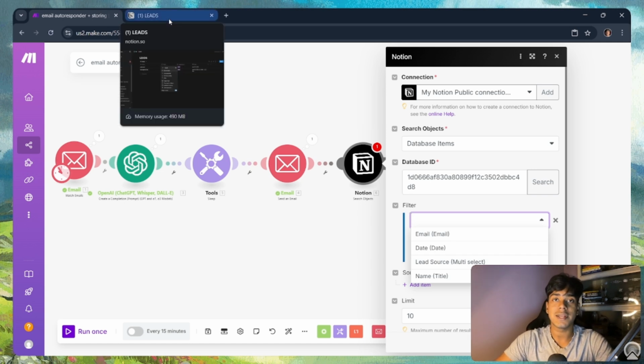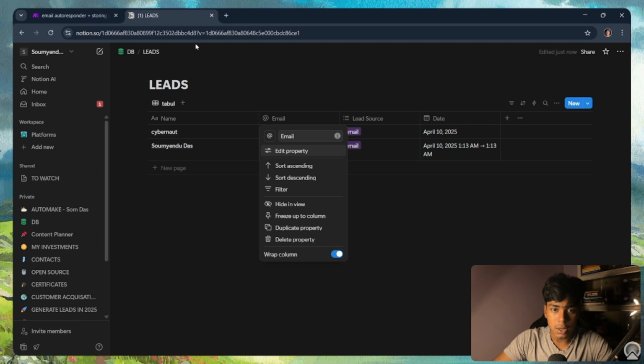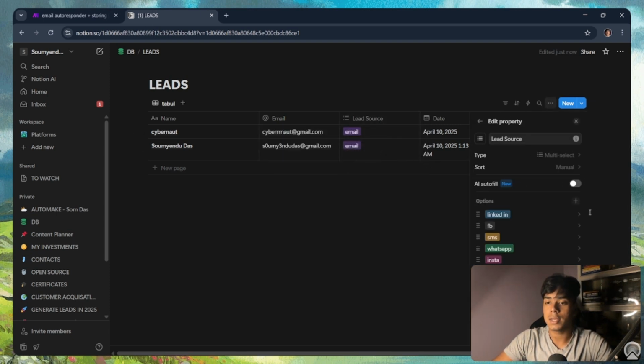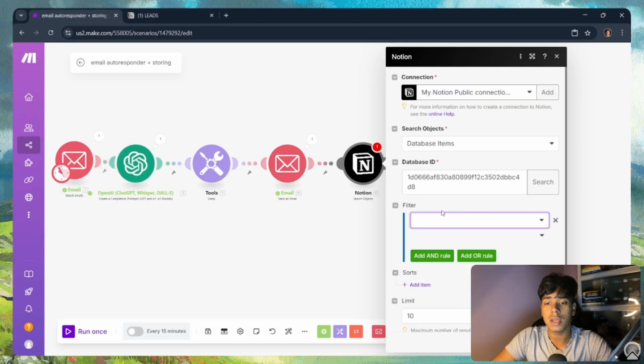And why it is multi-select, I will show you here. Like in Notion, you can add this multi-select as if you are getting a lead from LinkedIn or Facebook or Instagram, you can add it from the lead source as email, WhatsApp, or LinkedIn accordingly. So it's a multi-source option, but for now we'll be using the email only, and we'll check if email